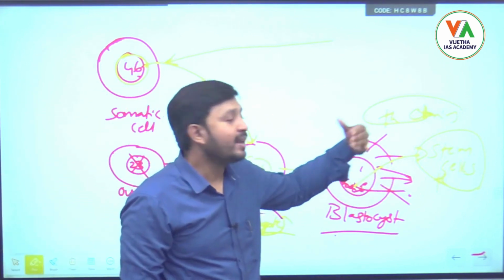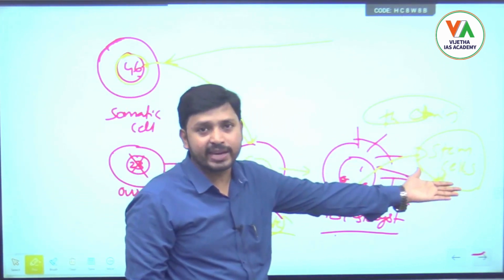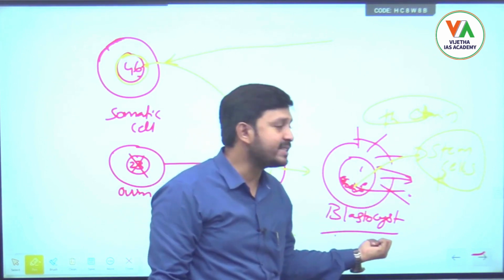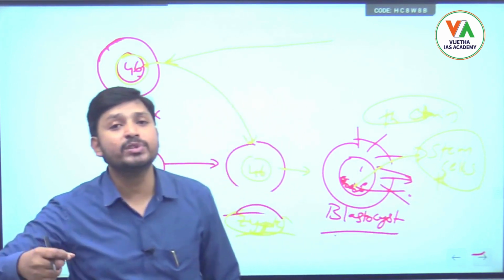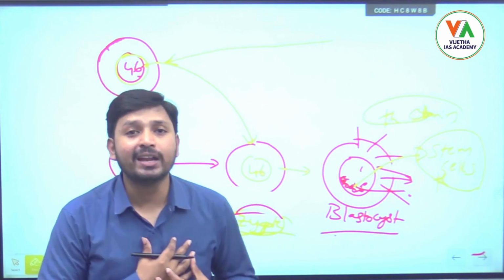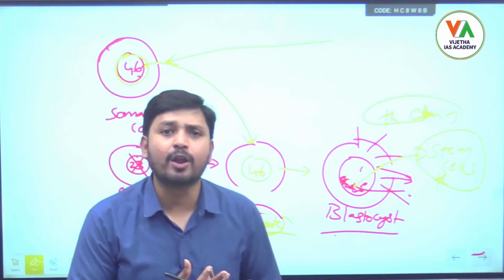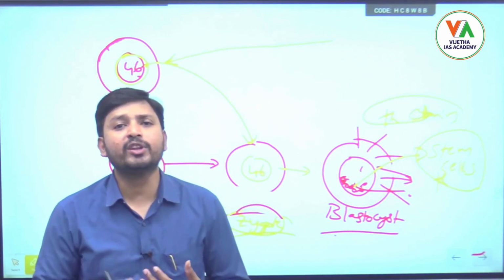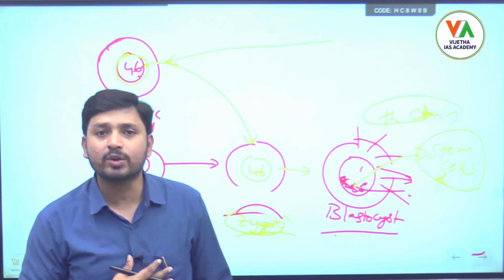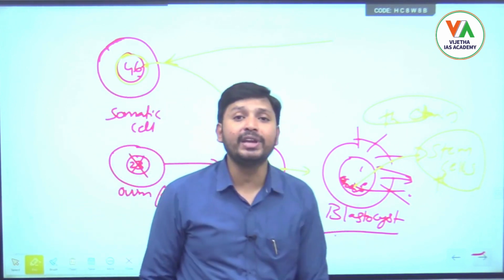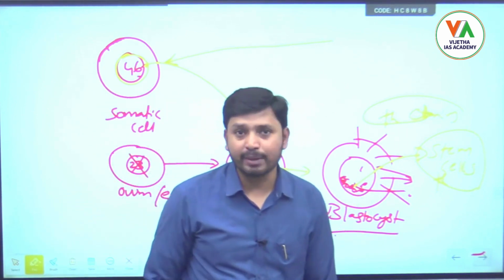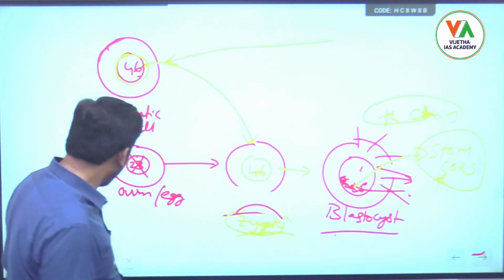I'm not making this one to form a child. Instead, I'm using this stem cell for a different purpose, like making a heart or a liver or some other organ of the body, so that the defective person can be treated using these things. This is nothing but called therapeutic cloning or stem cell therapy. But we'll see what a stem cell is, all these things also.